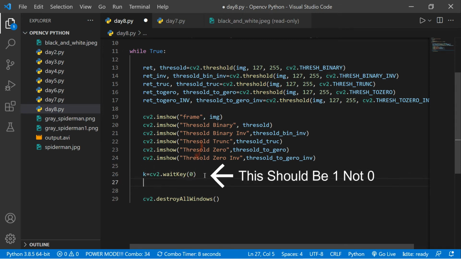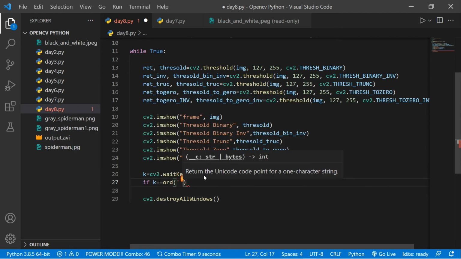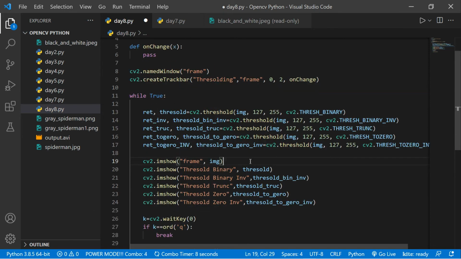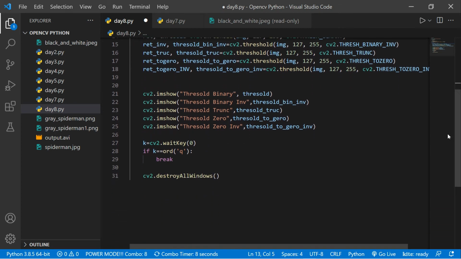this infinite loop. So if k equals ord('q'), that's a q, you're going to break the loop here. What you need to do is cut this line here and paste it here, because you're going to use the trackbar, and we need to change the value here too. And we also need to destroy all windows after the while loop ends,